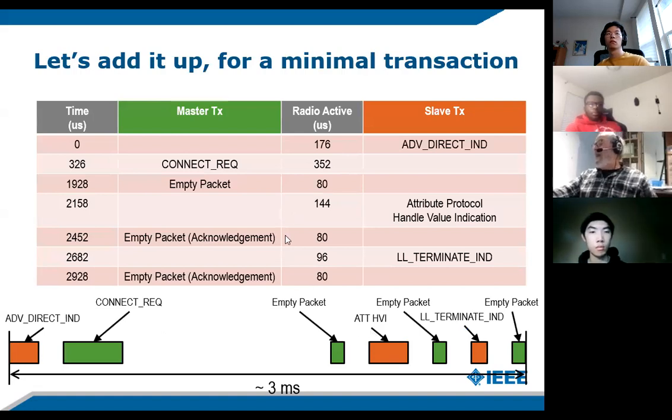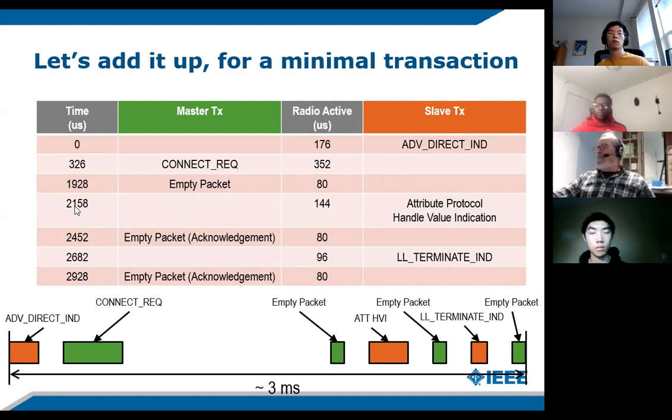So if I added up an example in microseconds, connection request takes 326 microseconds. And the radio is active a little bit longer. And an empty packet gets sent, not very long. Attribute protocol handle value indication. This is delivering the message.